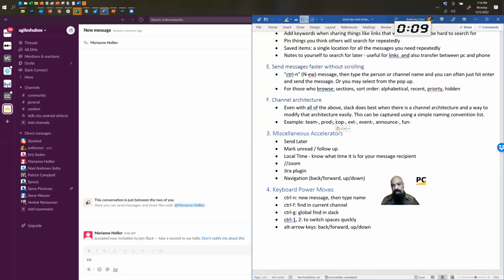Whereas product, one of our products was the way of work wiki. So product dash wow, if that lit up, ooh, someone's got a question or a comment about our product, right? Again, reducing context switching time. Communities of practice. X is if it's an external one. Now I know that Slack will put an icon on here if it's external, but having X dash makes it a lot more in your face that this is external, so be sensitive.